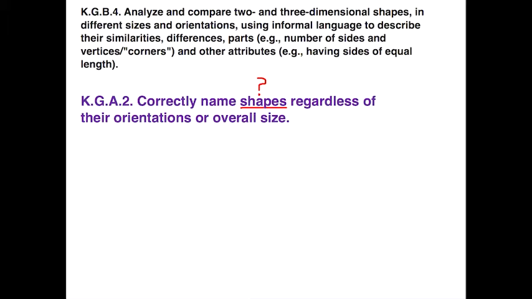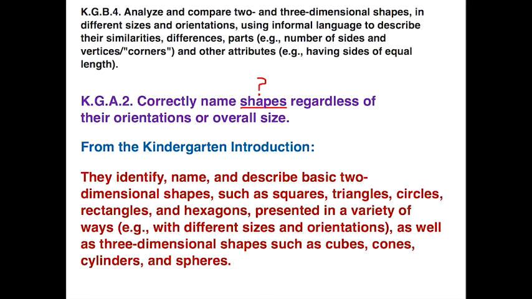Now, on this idea of shapes, what's involved? Because neither standard K.G.B.4 or K.G.A.2 really specify what shapes are fair game here. Which ones should we use and which ones are out of bounds? From the kindergarten introduction, there is this statement. It says, they identify, name, and describe basic two-dimensional shapes such as squares, triangles, circles, rectangles, and hexagons, presented in a variety of ways. So this gives us the two-dimensional shapes that students need to work with at this grade